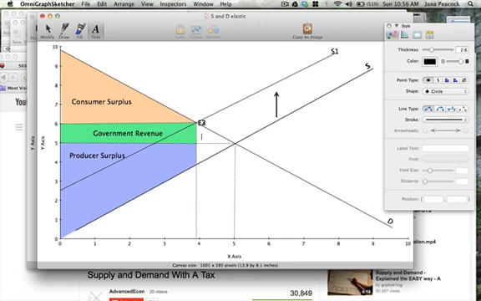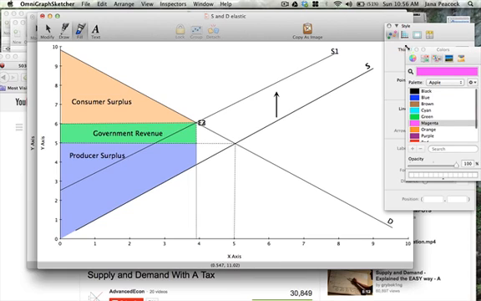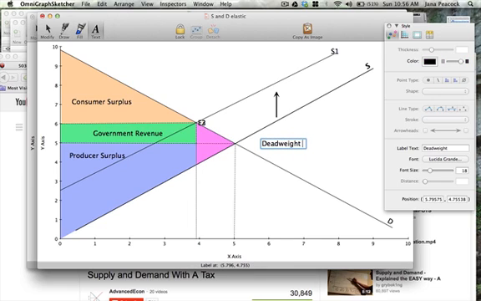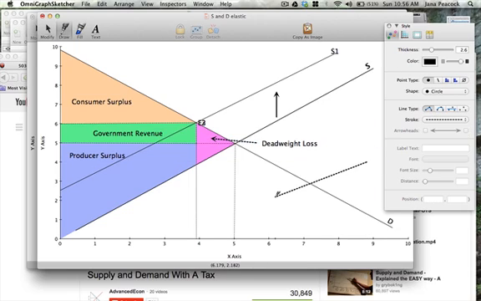However, you see a whole area here that is left without any color, and this area is the amount of goods that are not produced because the tax caused the price of the good to be artificially high, and it caused consumers to drop out of the market and producers to drop out of the market. That is known as deadweight loss. So this area here is our deadweight loss, and you can see here the amount of pain that is caused to consumers and producers by the deadweight loss